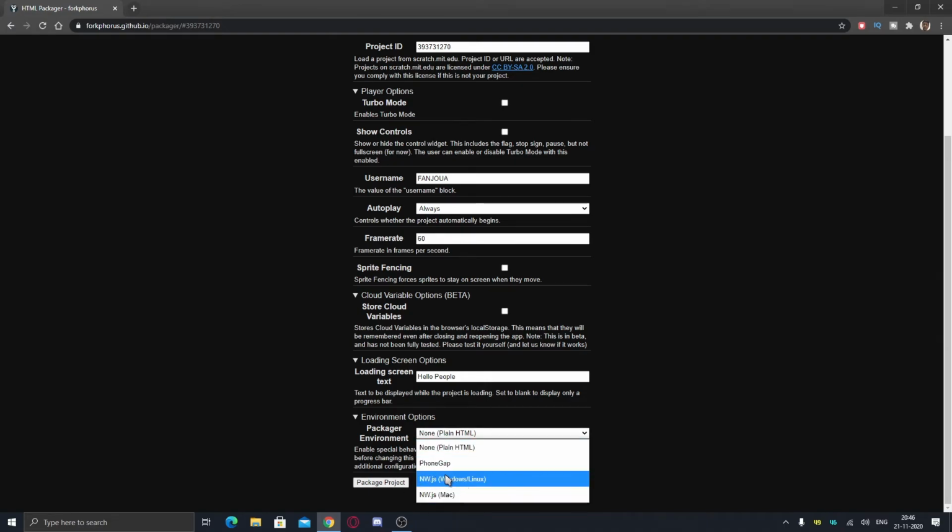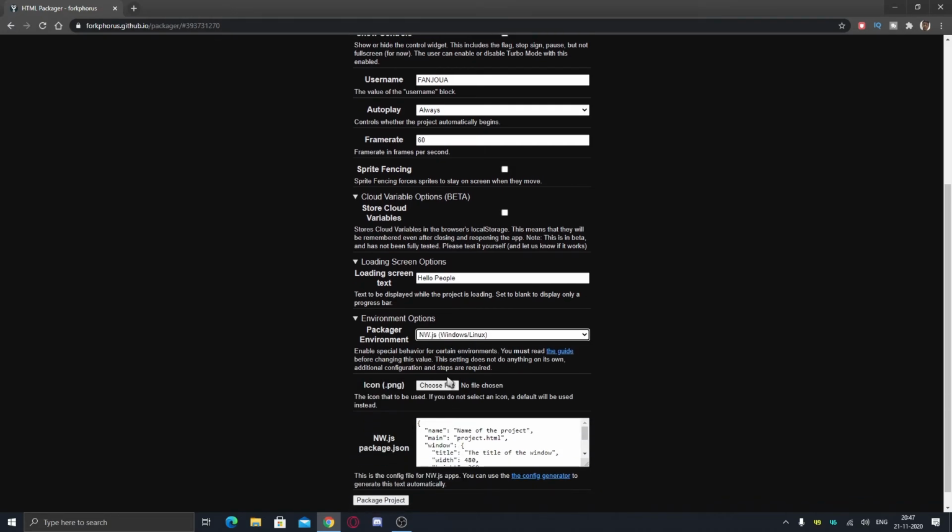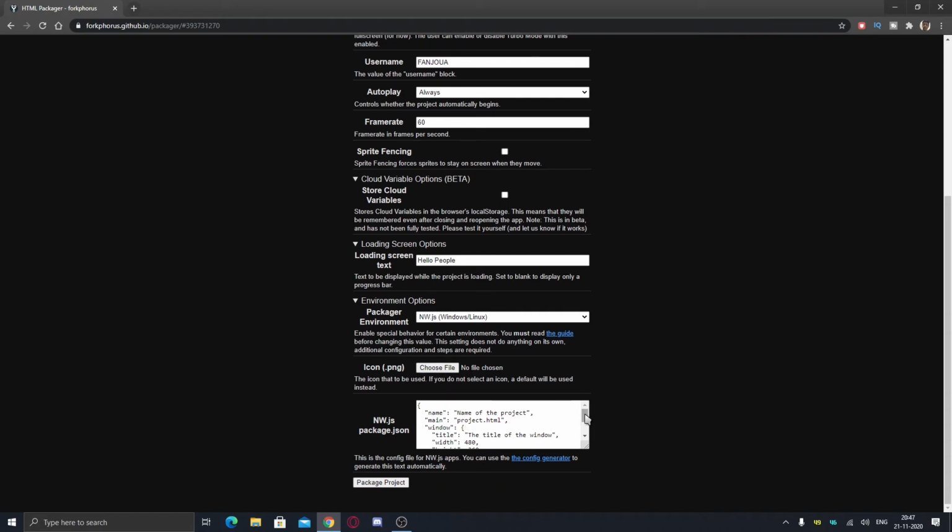or for Mac or Windows. Then if you have PhoneGap, you can use that, and if you have a plain HTML, you can use that. If you want to convert it to an exe file, you can just choose this nw.js and choose your platform. I have a video on that, the link is in the description or in the i box above. So I have this non-page plain HTML, and you can just click on project. If you want it for nw.js, you can just choose the icon here. Here you can change the icon for that HTML file, and you can also get the package.json. So you can just change and run it as an exe file.